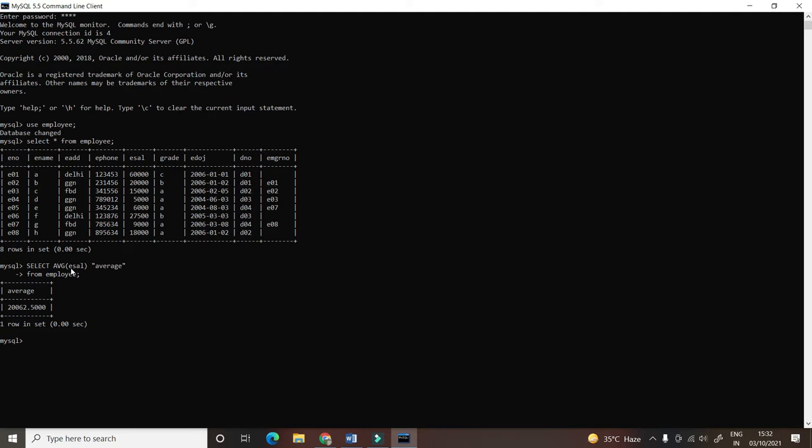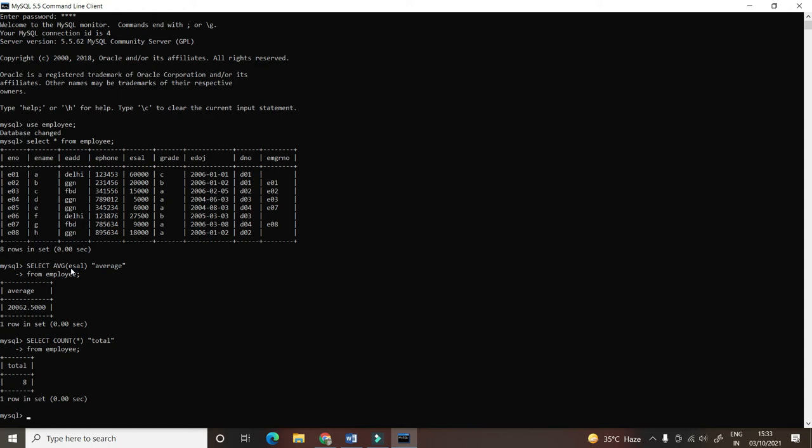If I want to do the same for the count function, basically the count function counts the number of rows in a given column or expression. So I will be writing here select count, total from table name, from employee. So I will be doing the same for count. Okay, see, select count, now total, from employee, see total 8.